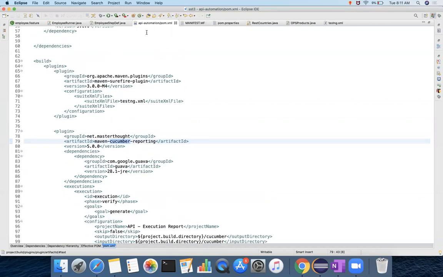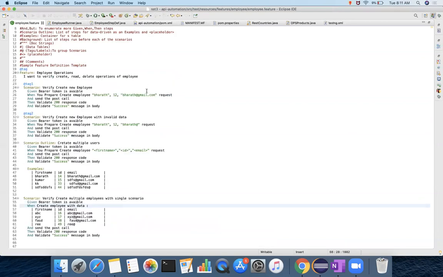If a test case fails in the feature file, let's say a test case got failed, maybe 1, 2, this is 2. So I made 2 test cases fail.